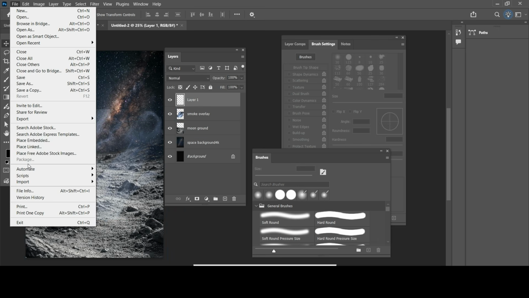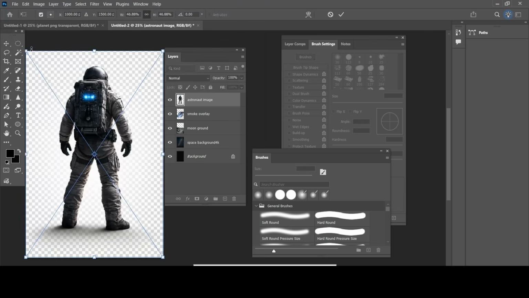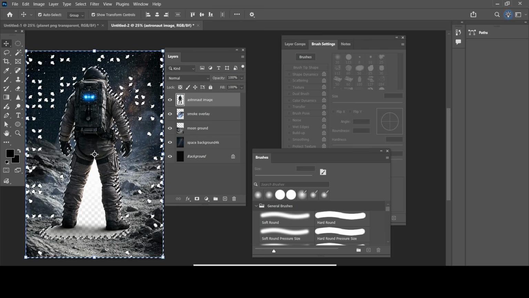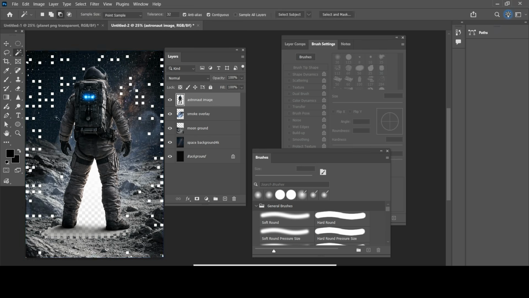Now it's time to add the main subject. I placed an astronaut image, which acts as the hero of this poster. I positioned it carefully so that it becomes the main focal point and grabs attention instantly. Then I add